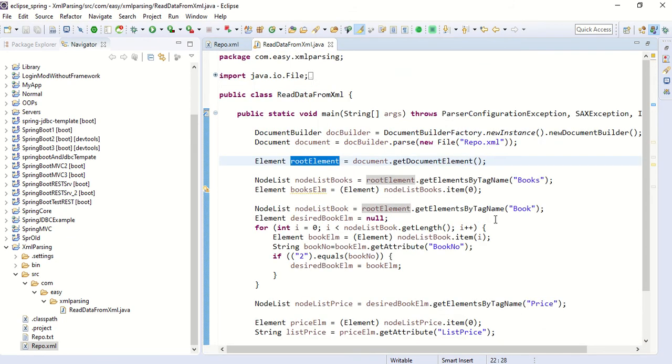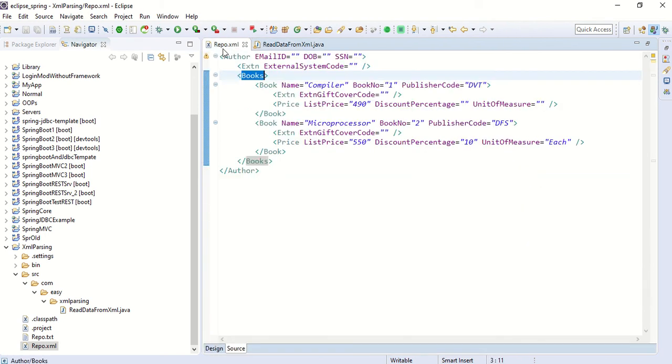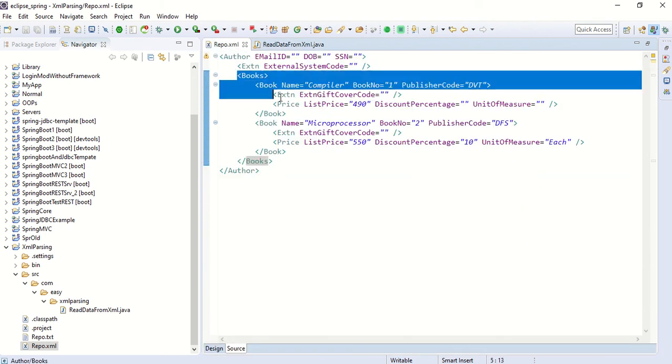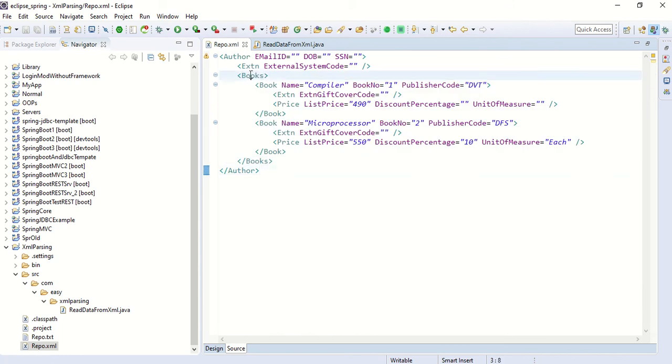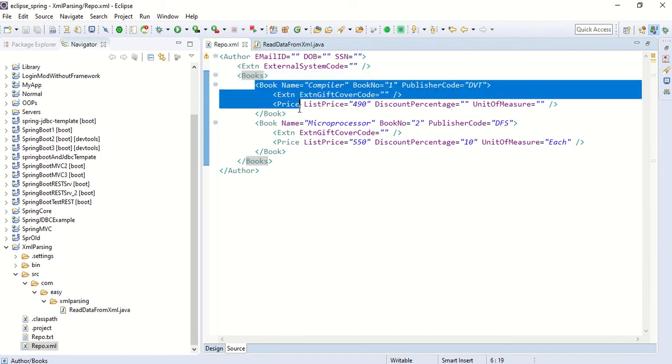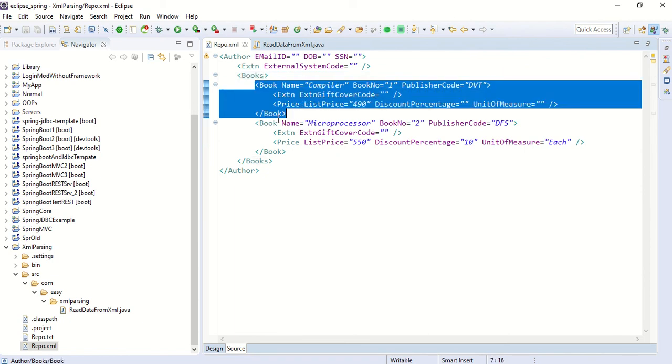In Java we have a method getElementsByTagName, which gives all the elements with the tag name books. In this XML document, books appears only one time, while book can appear multiple times.